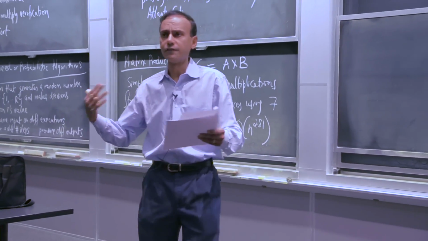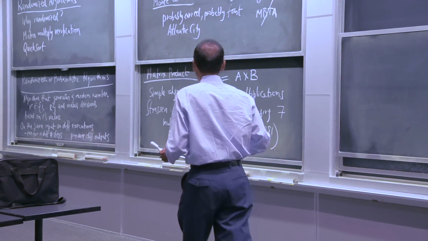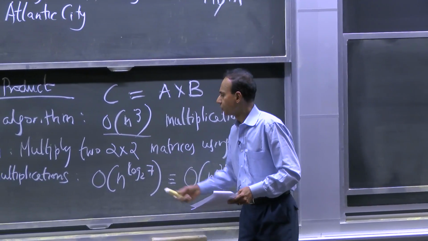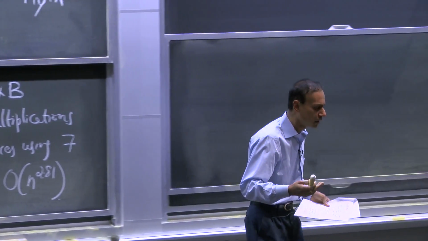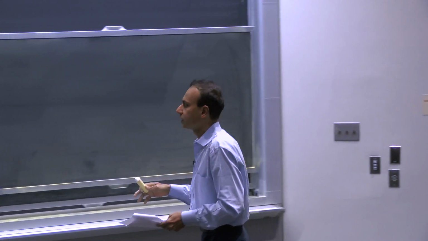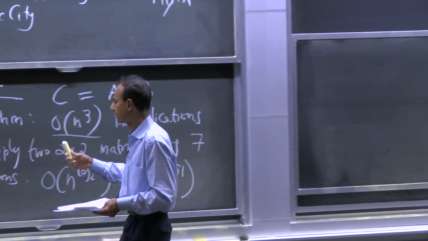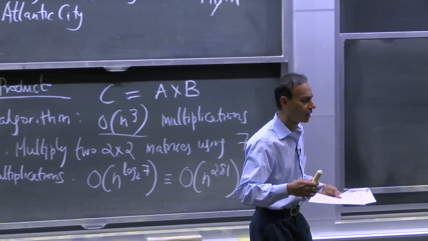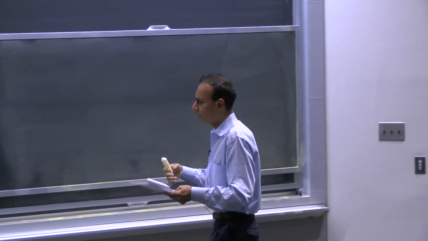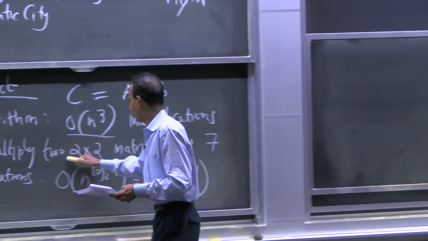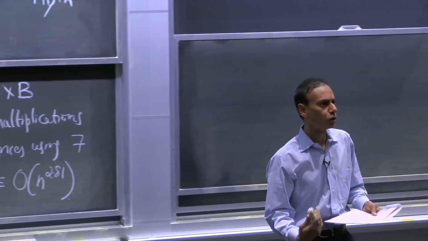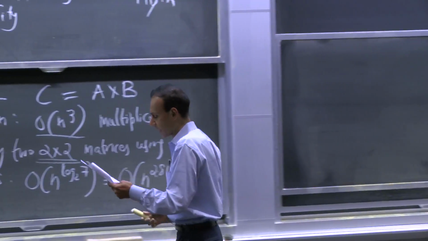Now it turns out people have obviously not stopped with this. You can go to n raised to 2.70 by doing something of the order of 143,000 multiplications for 70 by 70 matrices, right? So you can play around, just like you had Toom-Cook. I don't know if you remember that, or if it got covered, but Karatsuba could get generalized into this thing called Toom-Cook, and the same thing with Strassen, you could go off and do a divide and conquer whose base case is not 2 by 2 but 70 by 70, and that improves things. But it turns out